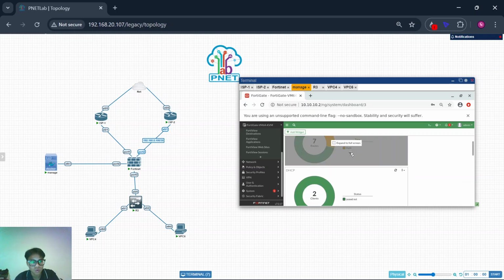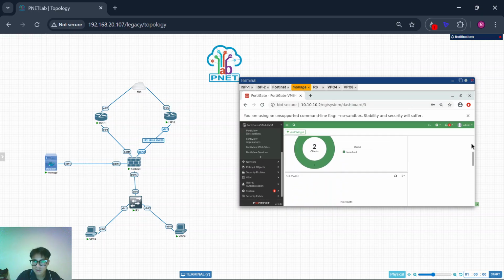Static 2 are port 4 and port 3. Port 1 and port 2 have IP routes to the internet, so that is static routing. DHCP is for the clients and the VLANs in VPC4 and VPC6. You can see in here.